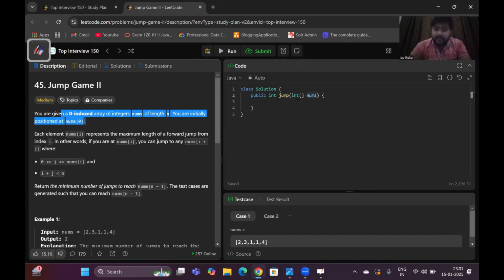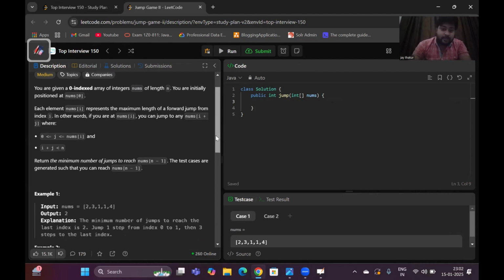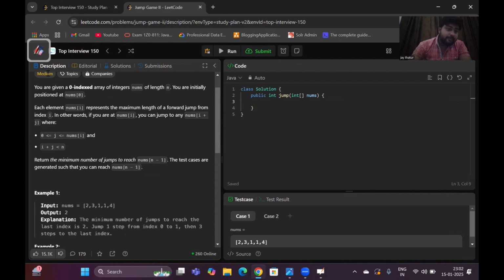It is saying that we are given this nums array, and each element represents how many steps you can take from that element. And it is saying that you have to return the minimum number of jumps you can take to reach the last index. So this is how this question is different. The test cases are arranged in a way that you can always reach the last index, but you have to tell what would be the minimum number of jumps you will take to reach the last index. For example, if you take this example,